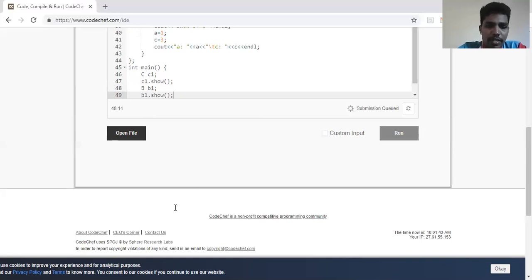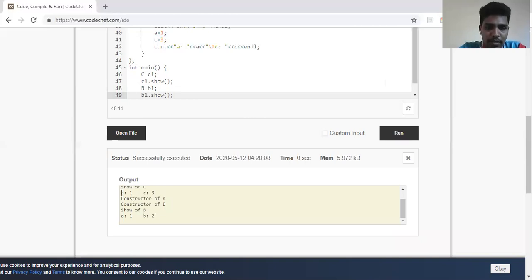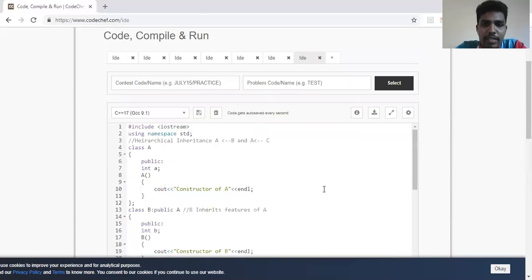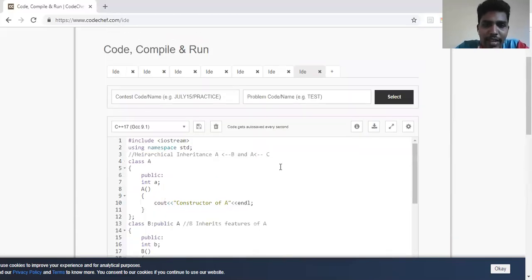Okay, so you can see here A and B. So this was actually the concept of hierarchical inheritance. What do you mean by hierarchical inheritance? Multiple classes inherit from a same parent class. So here parent class is same. Which is a parent class? A. What are the child classes? B and C. So it forms actually a tree-like structure.